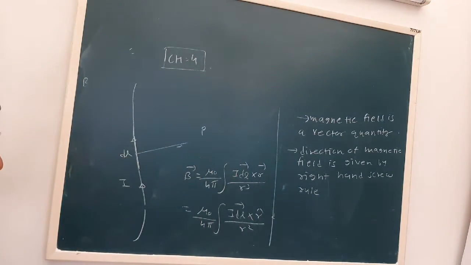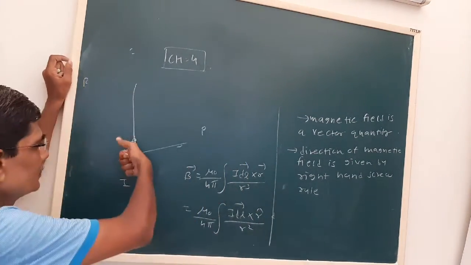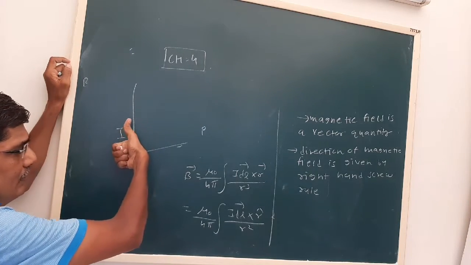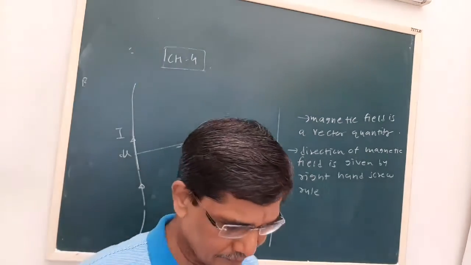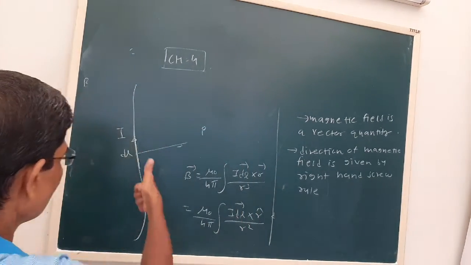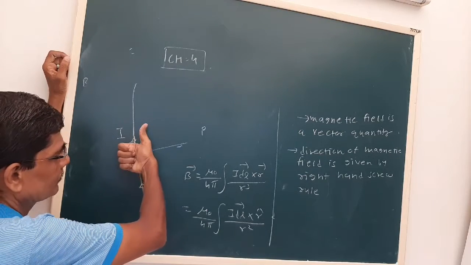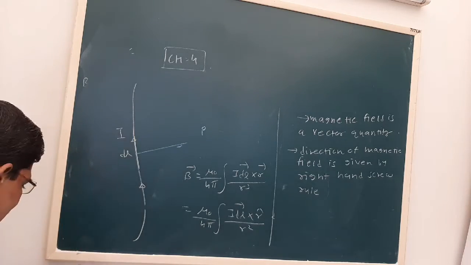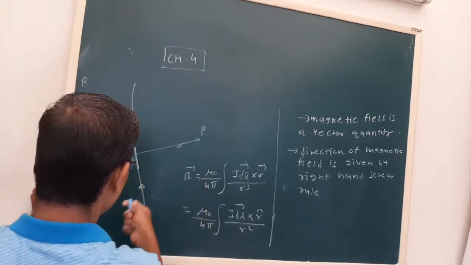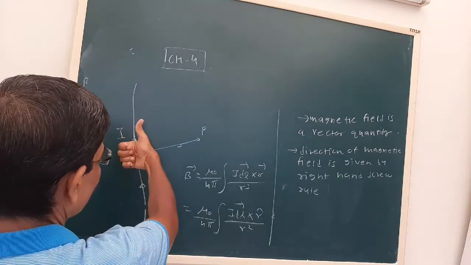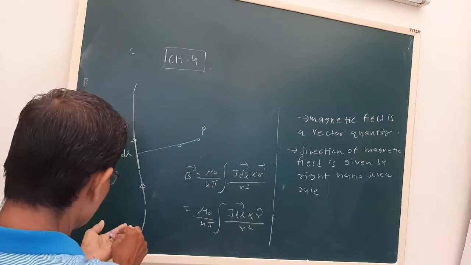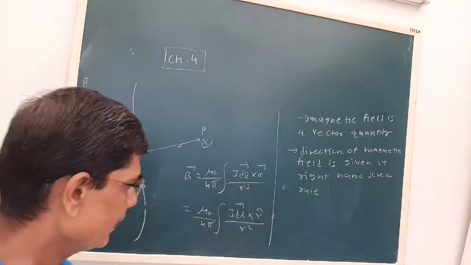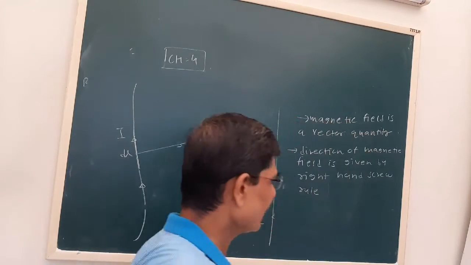Now here, see the right hand screw rule. The thumb shows the direction of the current. Now the right hand screw we have studied that. Here IdL is the current element. The thumb shows the direction of the current, then the finger wrapping shows the direction of the magnetic field. So here at a point P, the finger is whirled in the downward inside direction. So here the magnetic field is going inside the plane. So the direction of the magnetic field is given by the right hand screw rule.